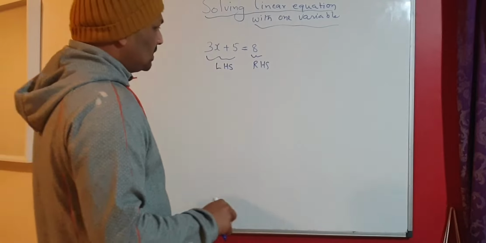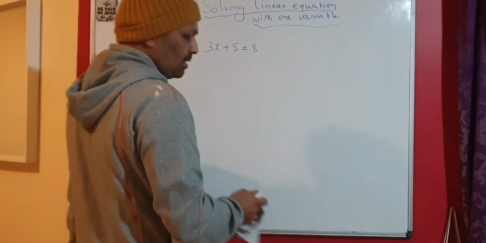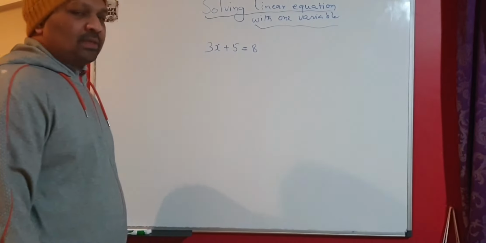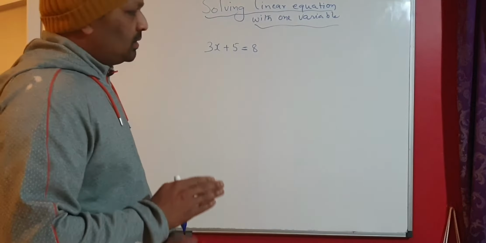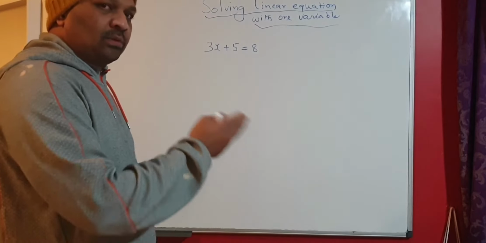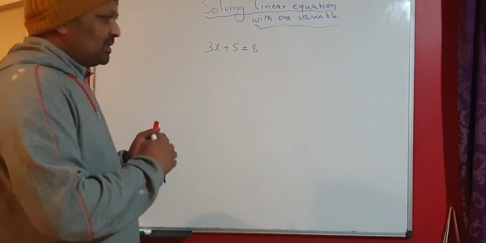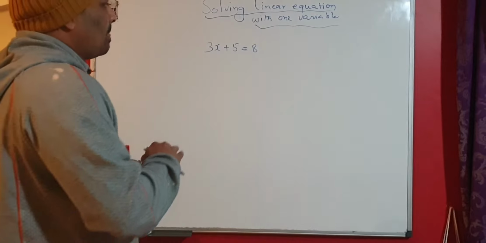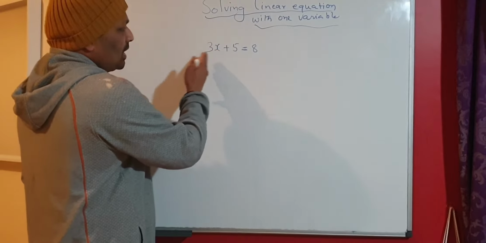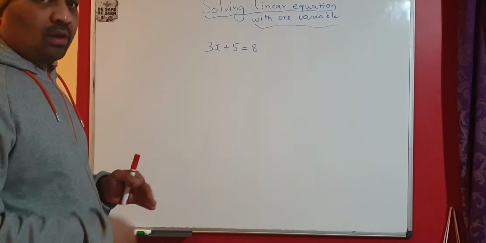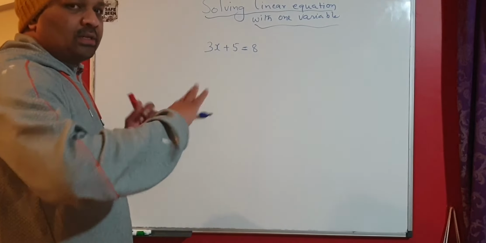Let us try to solve this linear equation having a variable x in it. The very first step is to bring all the terms that have an unknown quantity onto one side. That's your choice. You can bring all the terms with unknown quantities to the left side and the terms with known quantities to the right side, or the other way around. You can do it either way, but you bring all the unknown quantities to one side and all the known quantities to the other side.